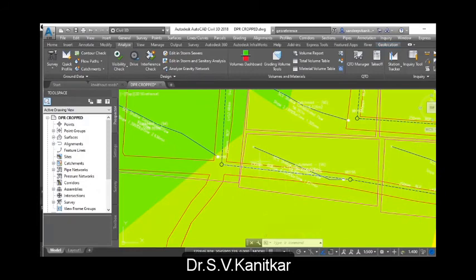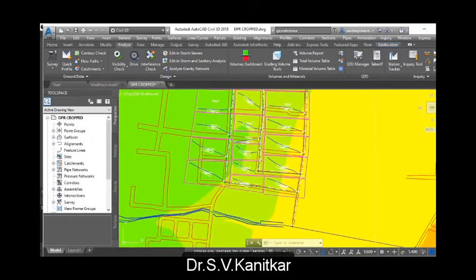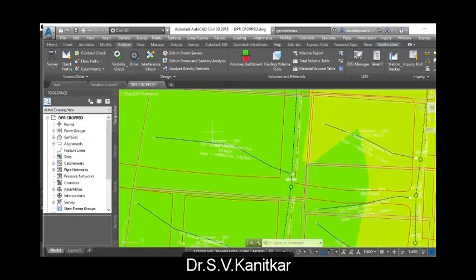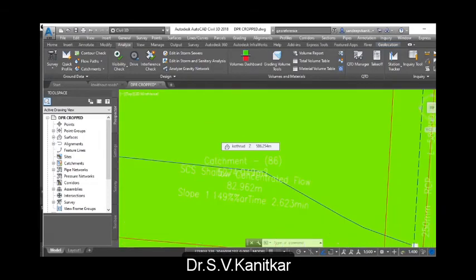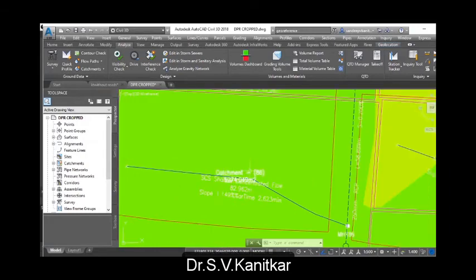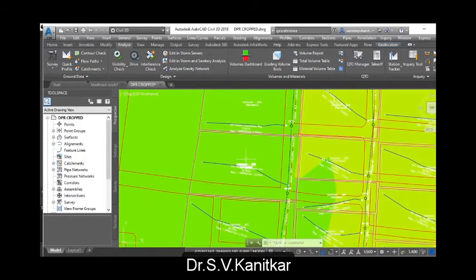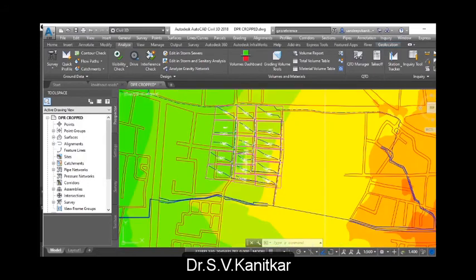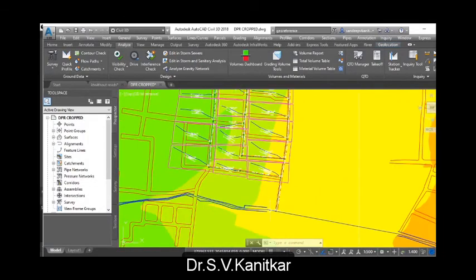Once this pipe alignment is created along with the contributory areas for each manhole, you can see a small catchment showing the shallow concentrated flow with slope, time of concentration and actual area of catchment as well. Likewise, such contributory areas will contribute to individual manholes or design manholes and then lead to the final outfall.